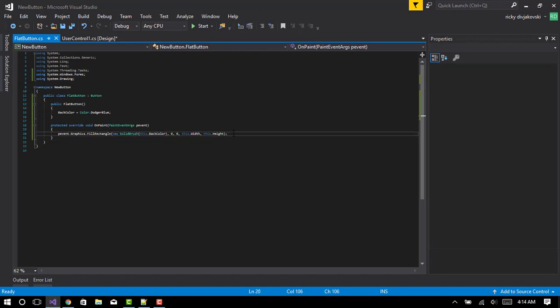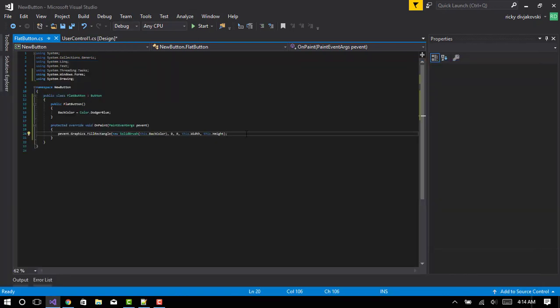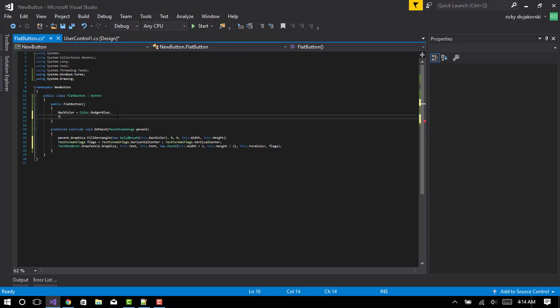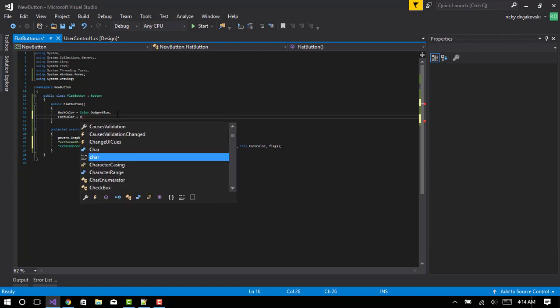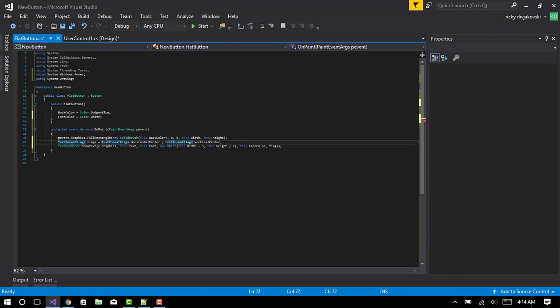Next thing you want to do is add text. The code for this is tricky, so I've got it written down already. I'll explain it when I drop it down. And just before we start, we'll make the forecolor white. Okay, alright, as I was saying here,